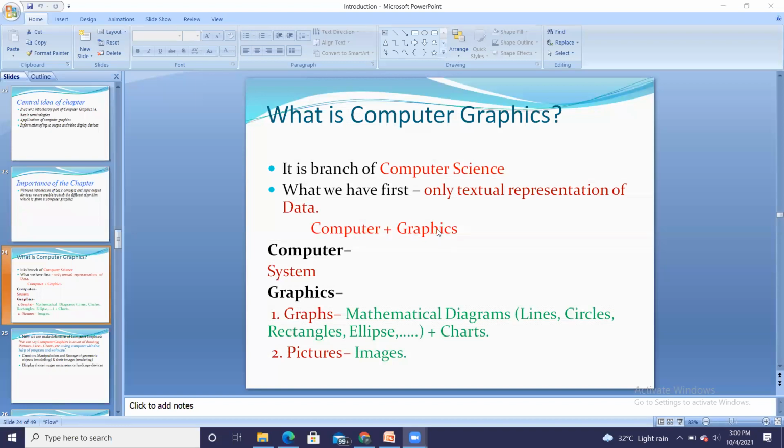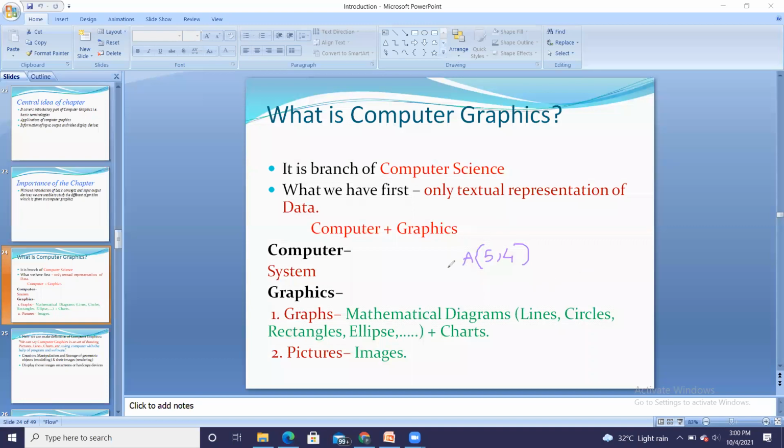So first, we are going to write only that I am having a point A, right? Consider a point A with 5, 4. So this is nothing but my textual representation of data. A is a certain point which is having x value as 5, y value as 4, right?